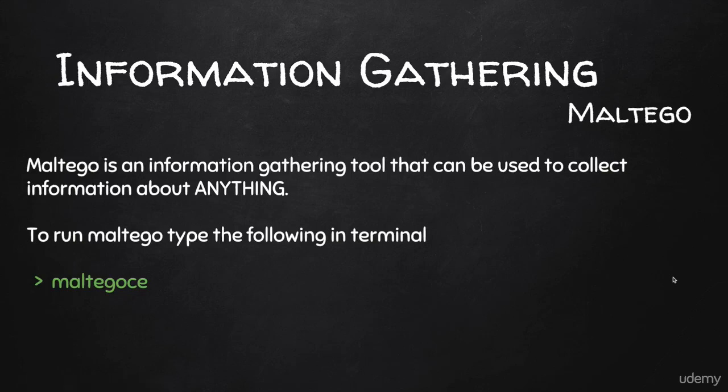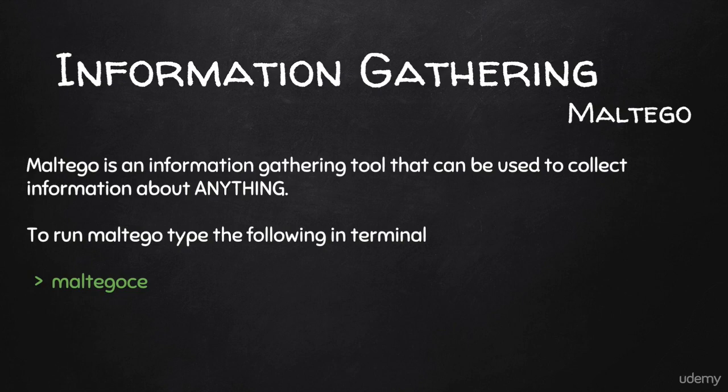In this lecture, we're going to have a look at a tool called Maltego. Maltego is a program that allows us to gather information about pretty much everything. You can gather information about people using their name, their phone, their email. You can gather information about websites, servers, anything really. We're going to focus on gathering information about websites, but as I said, you can use it to gather information